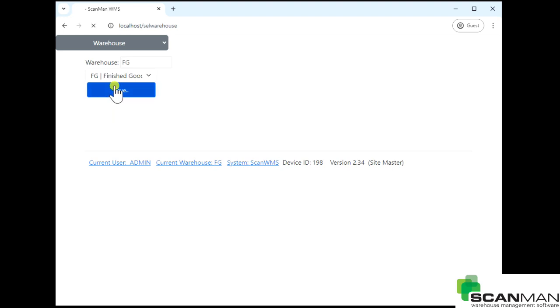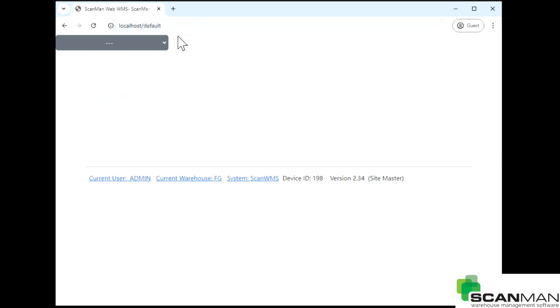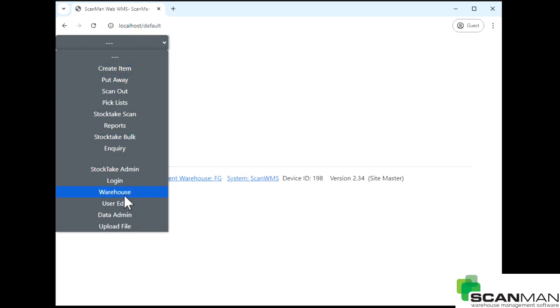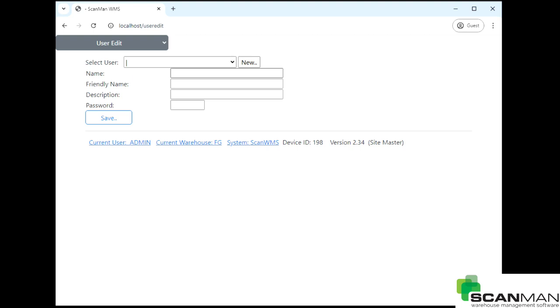There might be no warehouses set up. That's your default warehouse. Now go to user edit and start setting up users. Click on new first, and type in the username. Keep it quite simple because they'll need